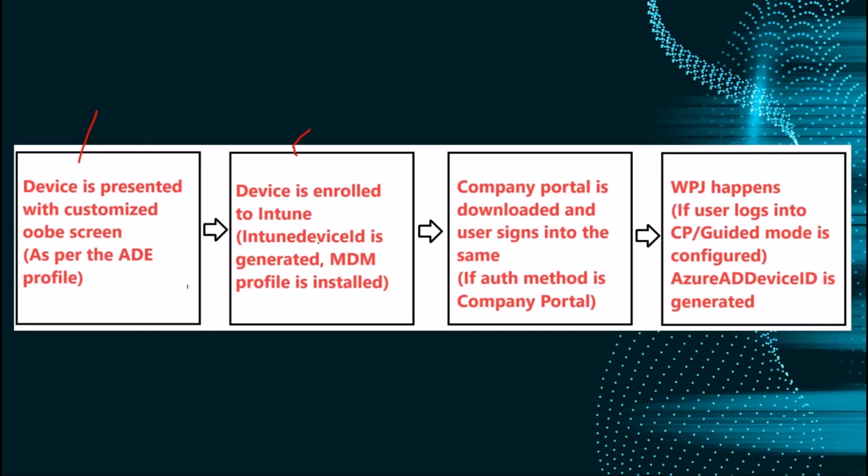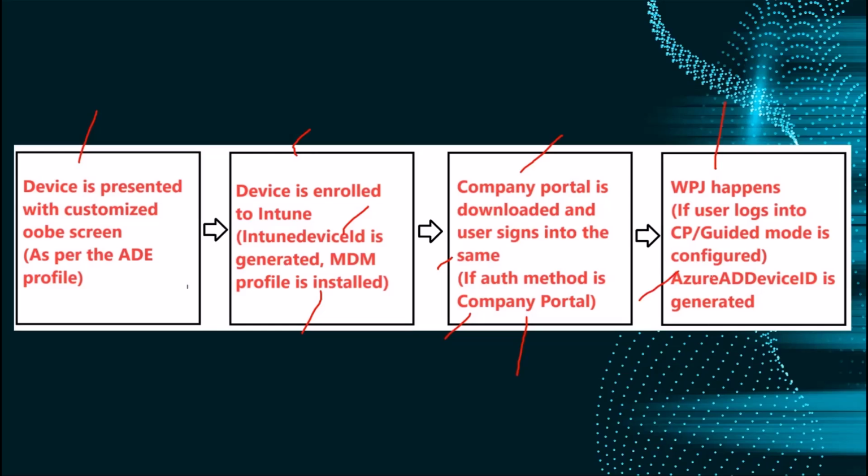The device is enrolled. Once the device is enrolled, it gets the Intune device ID assigned to it. The MDM profile is installed. We saw that in the logs as well. Then the company portal app is downloaded and the end user signs into it. This is only if the authentication method is set to company portal. And if you have configured the single app mode or guided app mode, then we have seen in the logs something like GAX or guided app mode, which is holding the device to that screen. And then at the end, once the company portal is downloaded and installed, that is launched, WPJ happens,